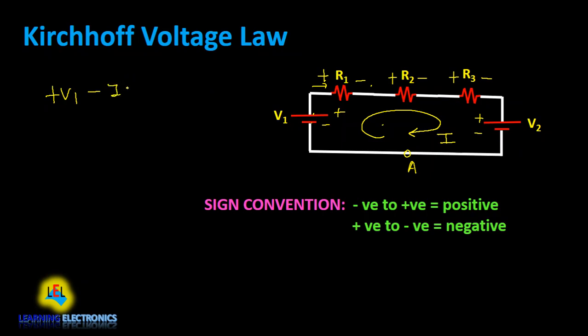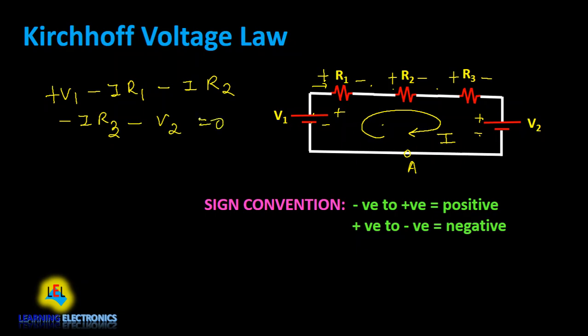So the drop is minus I into R1. Similarly for R2, we move from positive to negative, so we take it as minus IR2. For R3 also we move from positive to negative, so we take minus IR3. Now again one voltage source is there, we move from positive to negative, so we take it as negative V2